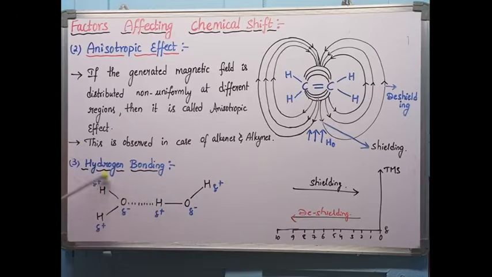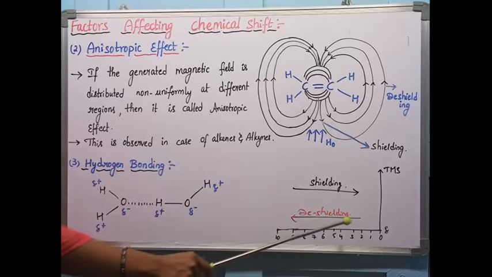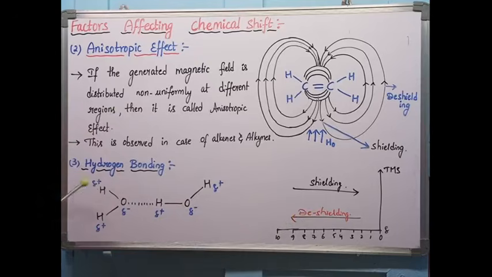So because of this, there is less electron density. The electron density on protons decreases. Okay, when this electron density decreases, it causes de-shielding. So de-shielding is nothing but shifting of electron density towards another atom and protons having less electron density. So because of de-shielding, in case of hydrogen bonding, it shifts the NMR signal towards the downfield. So because of hydrogen bonding, electron density decreases on protons and the NMR signal shifts towards the downfield.